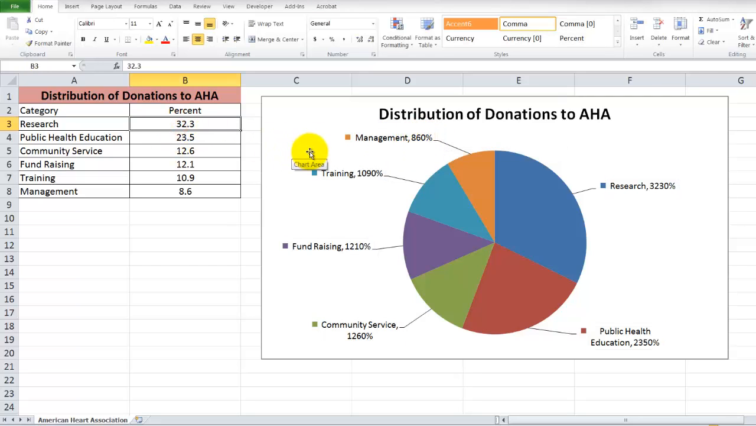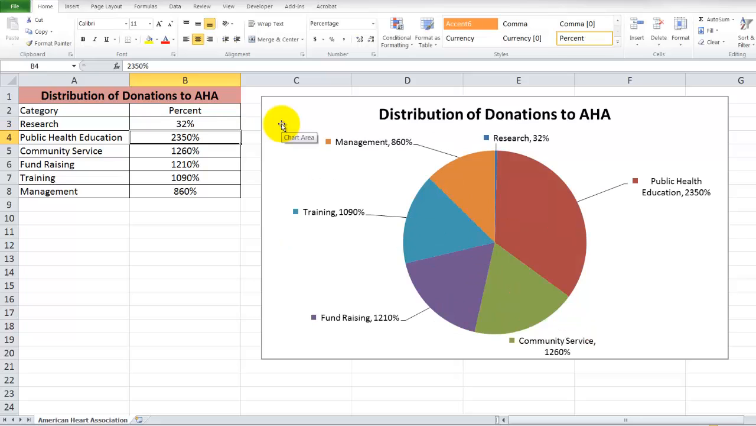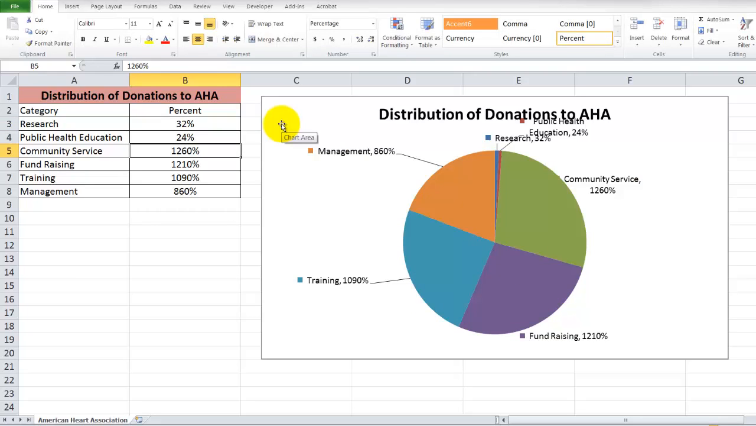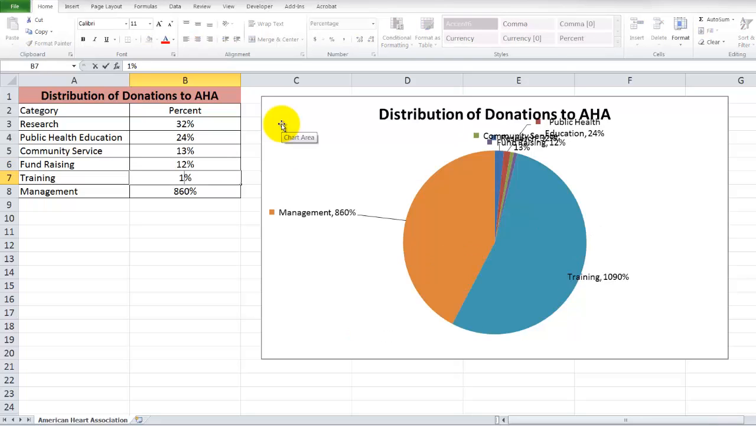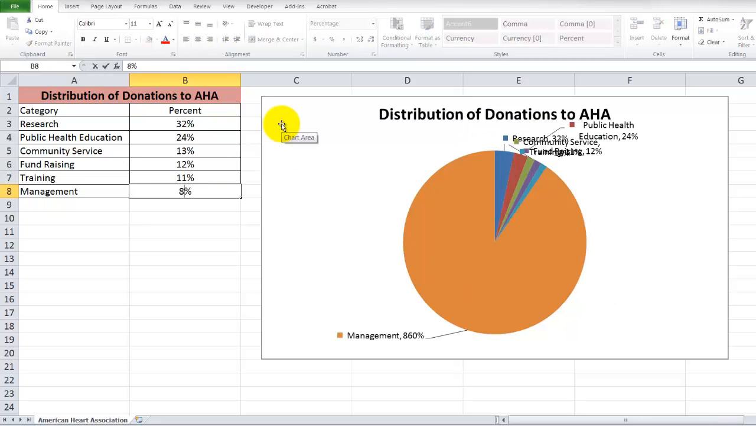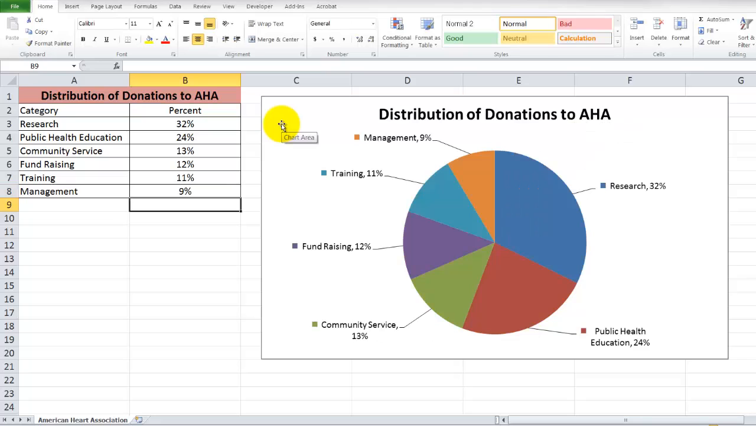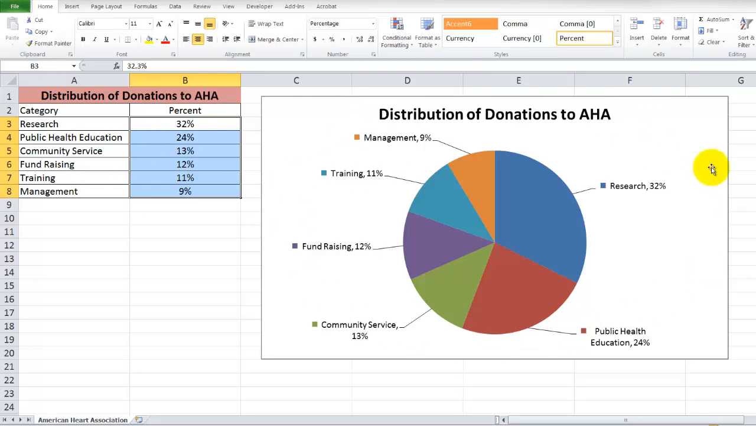If you want to, we can actually format these as a percentage and manually retype these. So we could say 32.3, 23.5, 12.6, 12.1, 10.9, and 8.6. Okay, so now we actually have these in the correct field, and that demonstration I wanted to show you